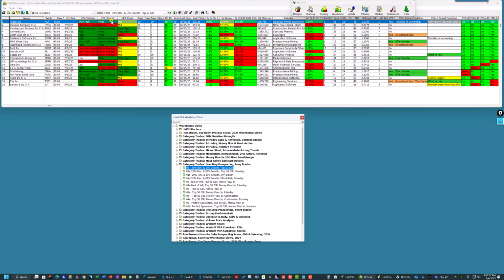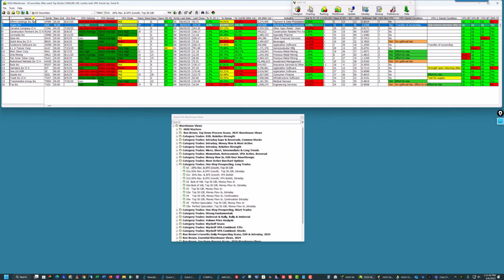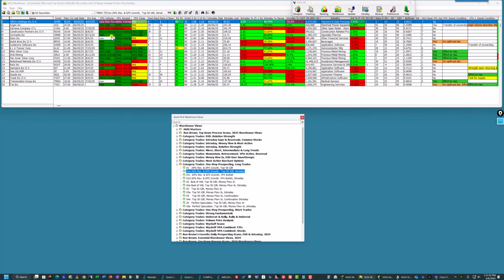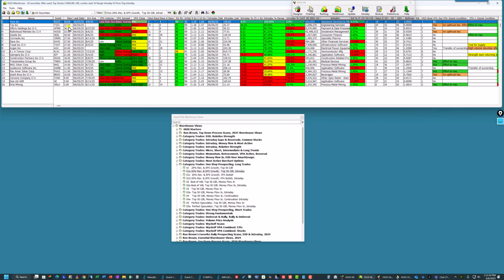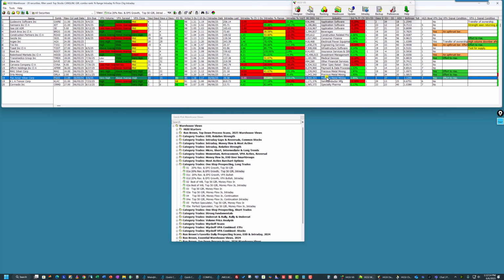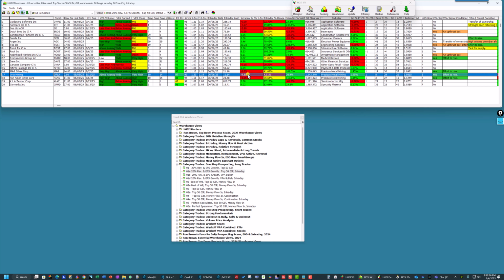So this is what it looked like last night when I downloaded it, and this is the end of day. You can see there are some familiar names in here, and this is what they look like intraday. Now, yesterday some of the precious metal and mining stocks were in here. You can see there are three of them, and they're down today. In fact, one's down